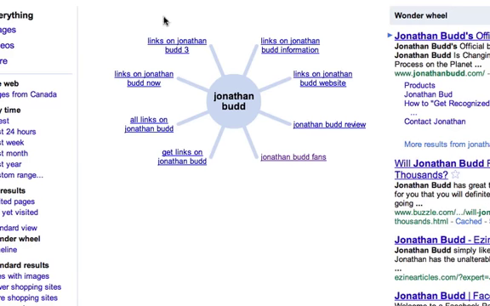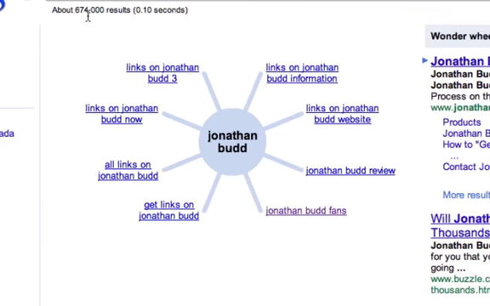If we look at the search phrase Jonathan Budd, there's 674,000 results. That's over 500,000 people that are competing for the front page of Google on this search result. But if you look at all of these other links, these are all what we call long tail keywords. So these are phrases that are very, very specific. You're getting very targeted traffic, and you can rank a lot easier on these phrases because there's a lot less